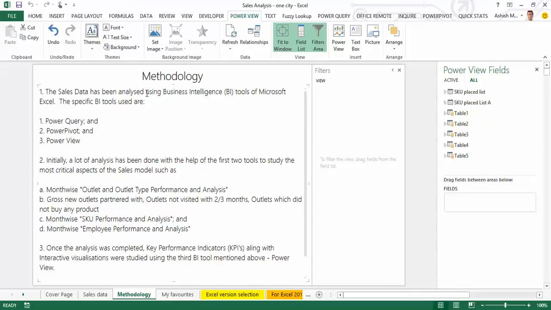So the sales data has been analyzed using the business intelligence tools of MS Excel. The specific BI tools used for this model are Power Query, Power Pivot, and Power View. Initially, a lot of analysis has been done with the help of the first two tools to study the most